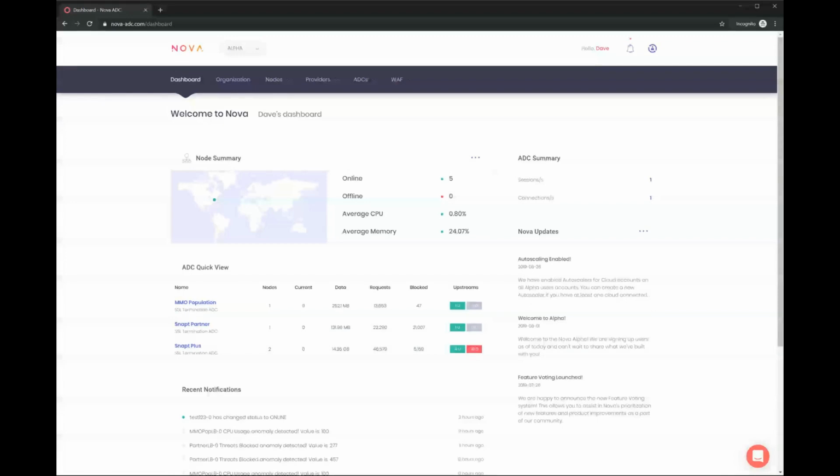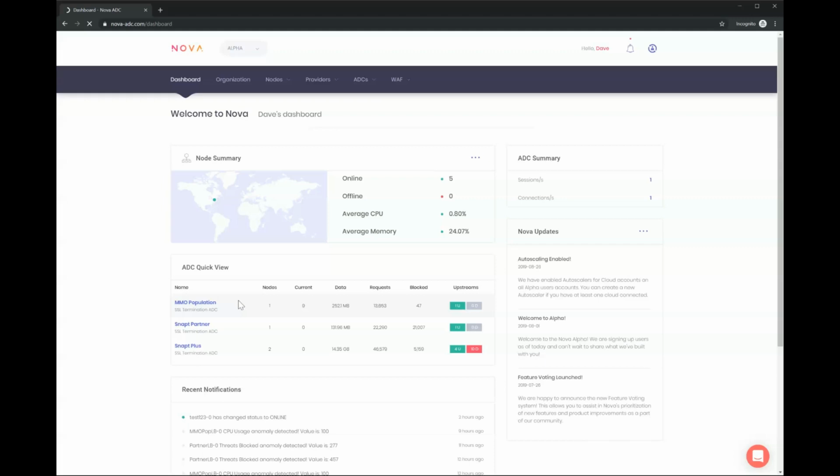So essentially, your ADC is a node, but obviously you can run multiple actual ADCs on that node. For example, you might want one on port 80 and you might want one on port 25. There's two different ADCs. So a node is an individual server. Then on top of that node, we'll set our ADCs that actually do the job we want, right? Load balancing, web acceleration, and the application firewall. So the first thing I'm going to do is create a node just to show you how that looks.